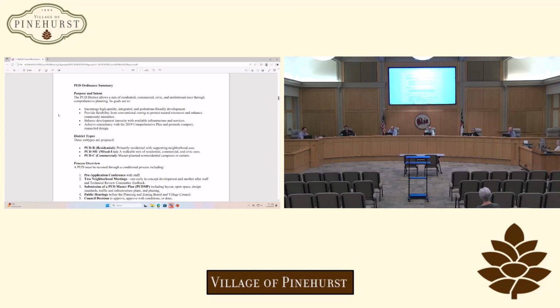And I think it is important to note that this is a text amendment that would apply to any parcel that someone could request it to be applied to. It's not for any specific project in the village. It is an overall option for anyone in the future. Let me add, I'm sort of Mr. Support here as far as Doug goes.